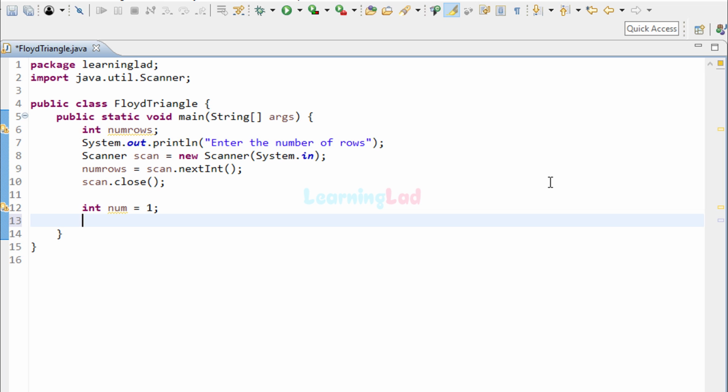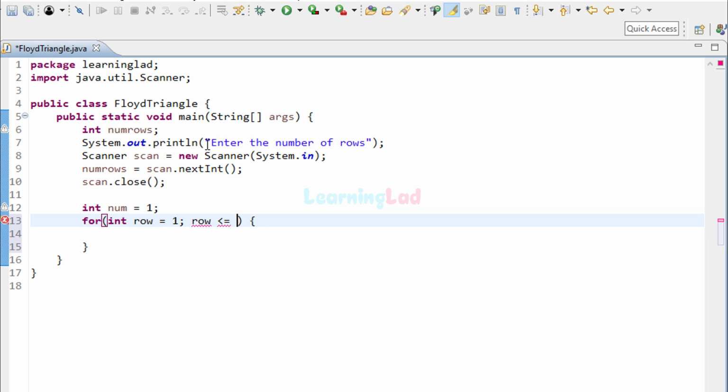All right, now the next thing that we do is we will print each row one by one, and for that purpose we will use a for loop. And in this for loop we will create a variable, and I will call it row, and I will initialize this variable with the value of 1, and then how many rows that we want to print, that will be the condition for this for loop. So it will be row less than or equal to